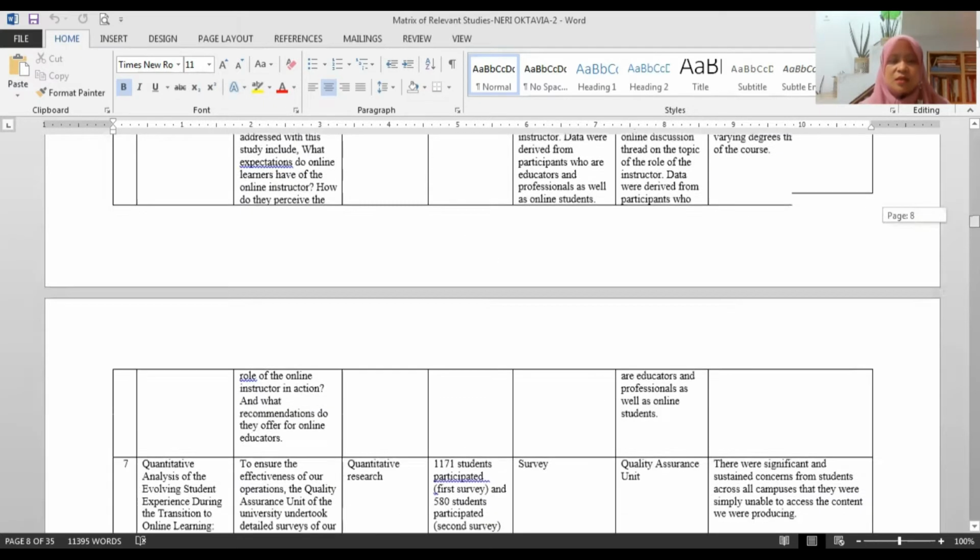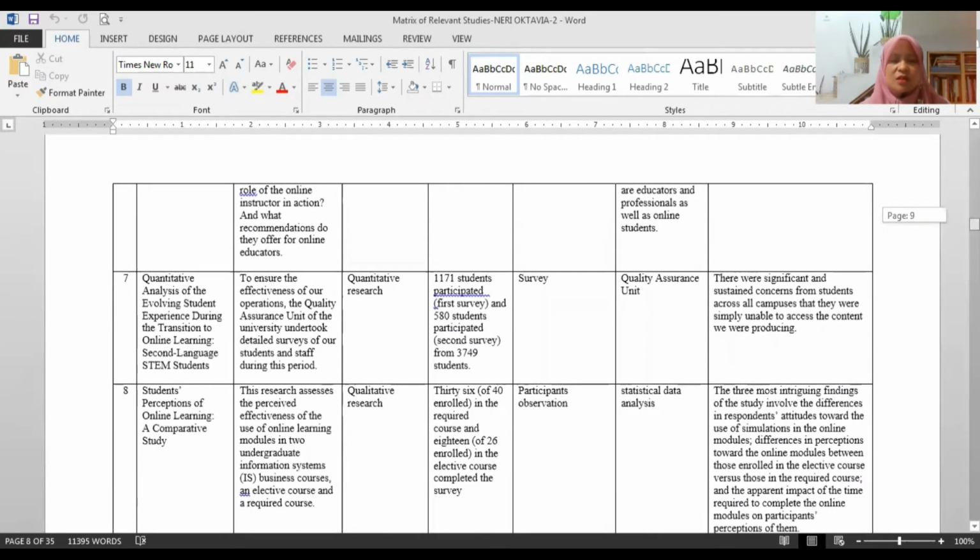Next, let's see article number 7, entitled Quantitative Analysis of the Evolving Student Experience During the Transition to Online Learning, Second Language STEM Students. It is aimed to ensure the effectiveness of our operation. The Quality Assurance Unit of the university undertook detailed surveys of our students and staff during this period. It is a kind of quantitative research